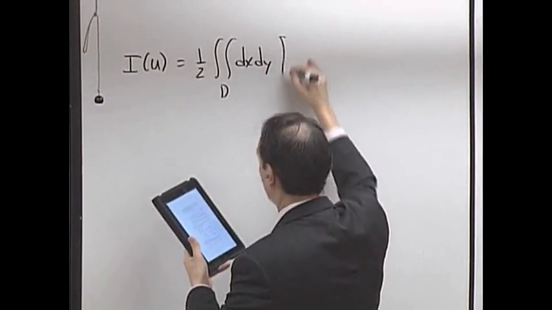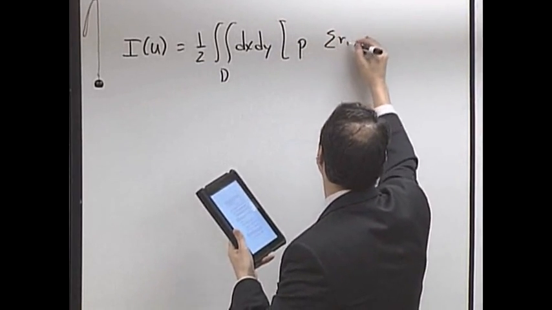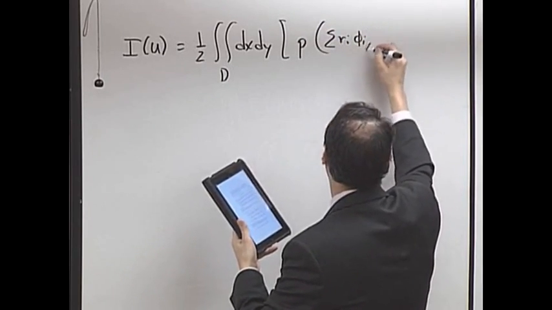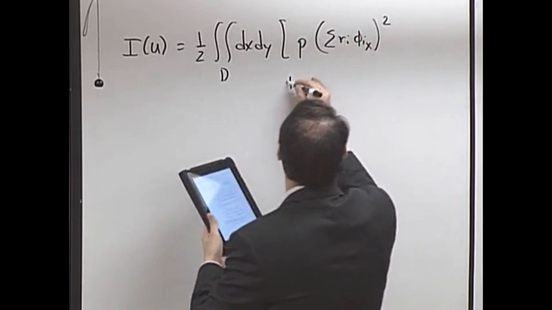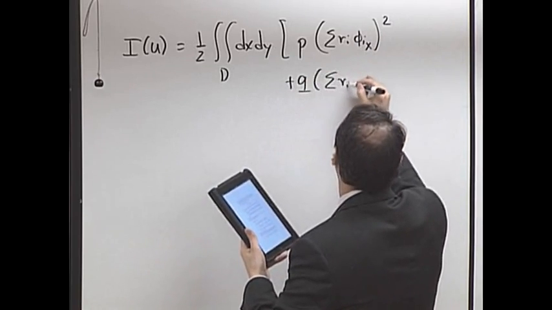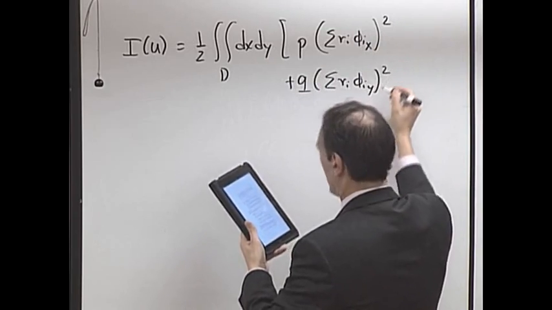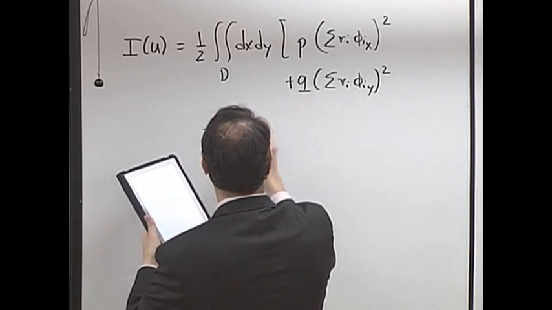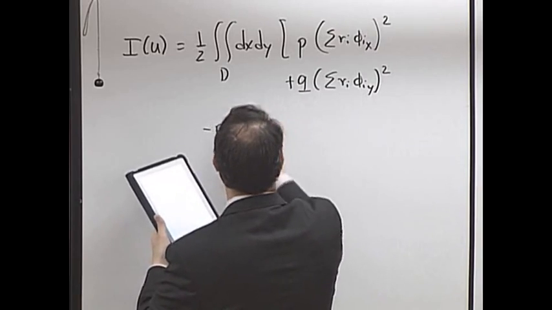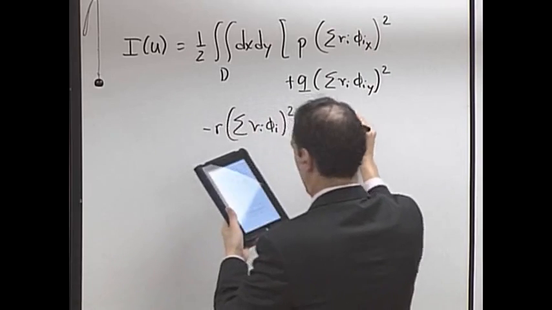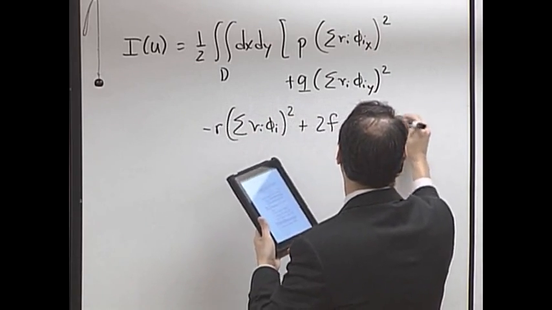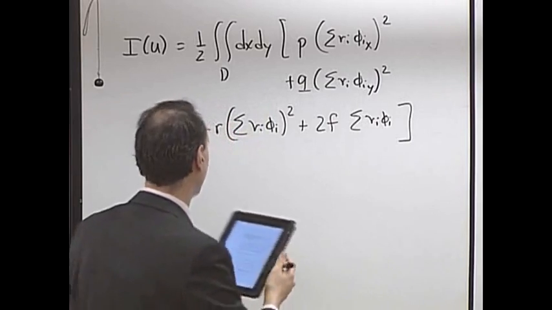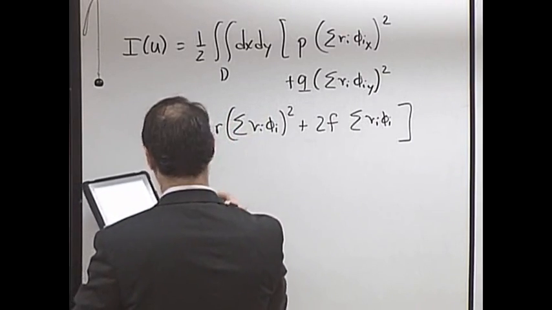You're going to have your P, and then you're going to have this gamma I, phi I. This is the x derivative on it, squared, plus Q, sum, gamma I, phi I, y derivative squared, minus R, gamma I, phi I, squared, plus 2f, gamma I, phi I. Okay, so that's that first term there. Then you have your boundary conditions, plus on the boundary,